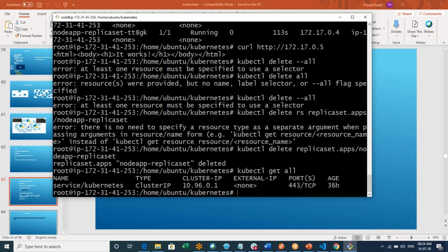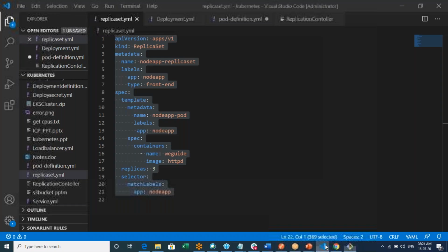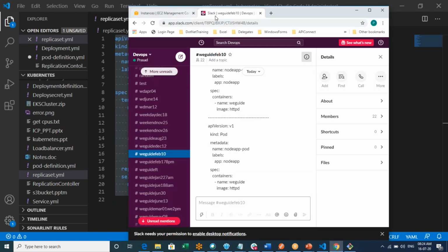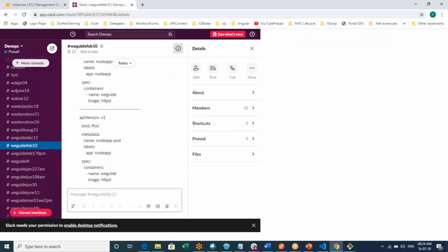So let me share this one with you, which is the replica set related one. Fine, so this is my replica set. I've already shared the instructions here. You could go through the commands, so I don't need to share that with you. But this definition file I'm just sharing with you. You can open the PPT and get the commands.